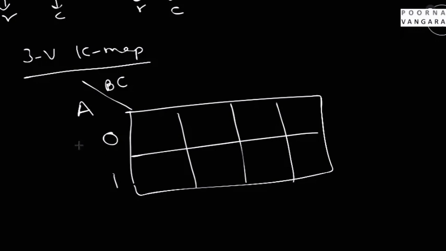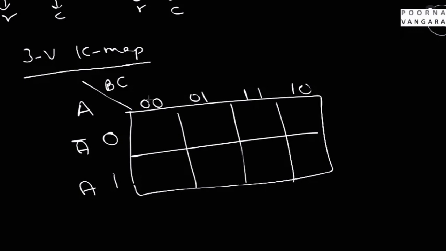So you can write down the variable. If it is in 0 form, it is nothing but A bar. If it is in 1, it is normal form. And for BC, I am going with 0 0, 0 1. In K-map, after 0 1 you will have 1 1, not 1 0. After 1 1 you need to write down 1 0. The reason is to figure out the adjacent minterms, to eliminate one variable from the 2 adjacent minterms, you need to represent it like this.